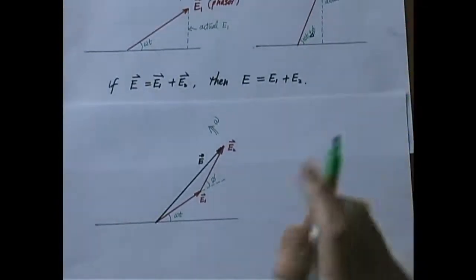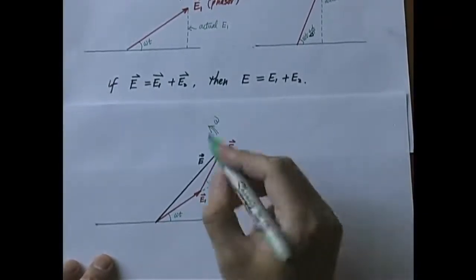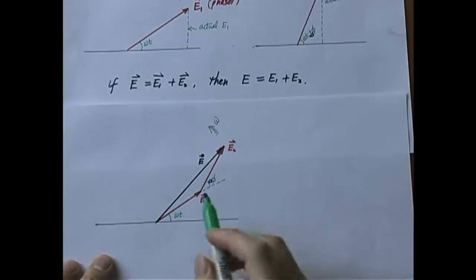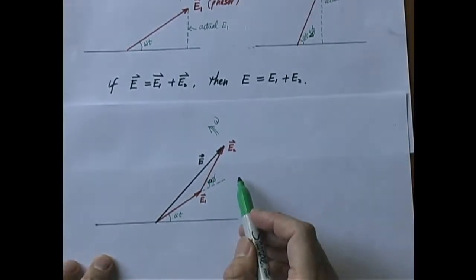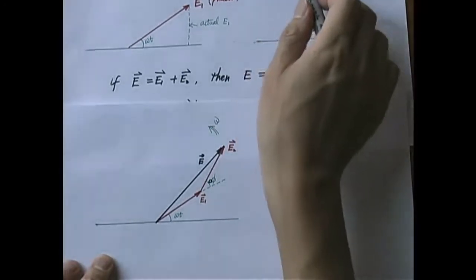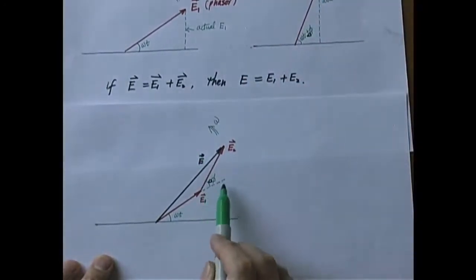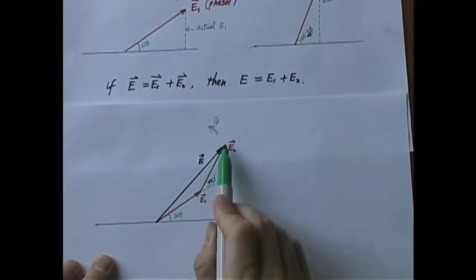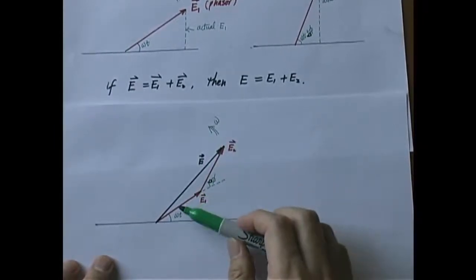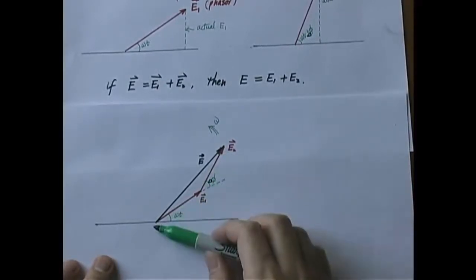Okay, I'm adding two phasors together, tip to toe. Here's the first phasor, here's the second phasor. Now recall that these two phasors differ by a phase angle of delta phi. Look, the second phasor leads the first phasor by a phase difference of delta phi. So here's the first phasor pointing this way. The second phasor I have to turn that way by an angle delta phi. Okay? Now, assuming they have the same magnitude, E naught and E naught, what you get here, the resultant E